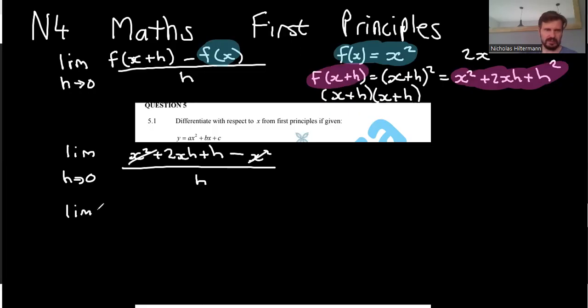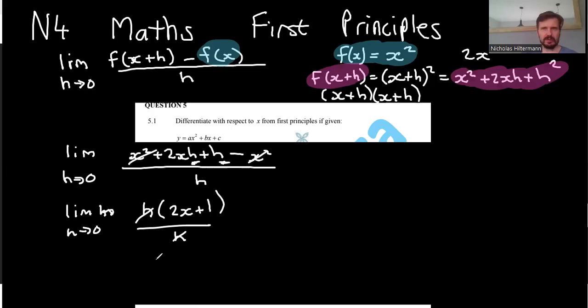And so limit as h tends to 0 is 2xh plus h squared over h. Well, I can take out an h here and I get h, 2x plus h. So what have I done? I've taken out an h over h, and then I can cancel the h's. And now I can say limit as h tends to 0. I replace these h with a 0. Well, there's no 0 to replace. And so my derivative is,